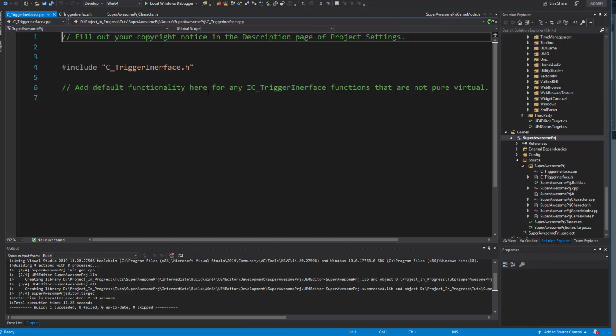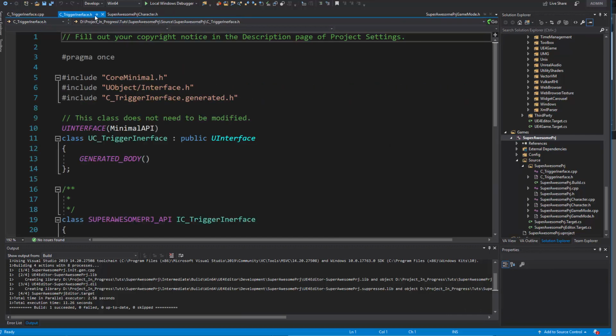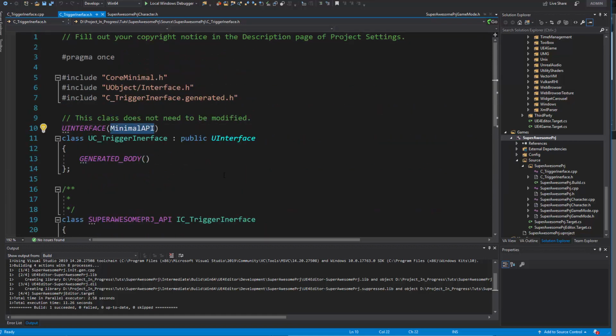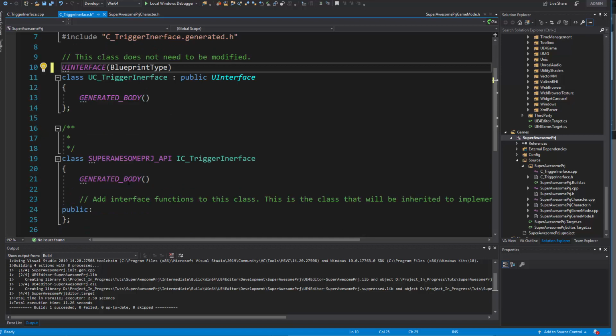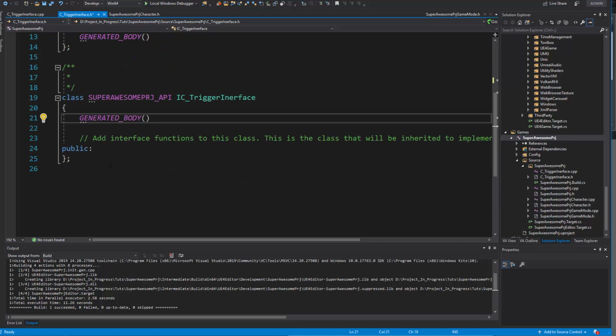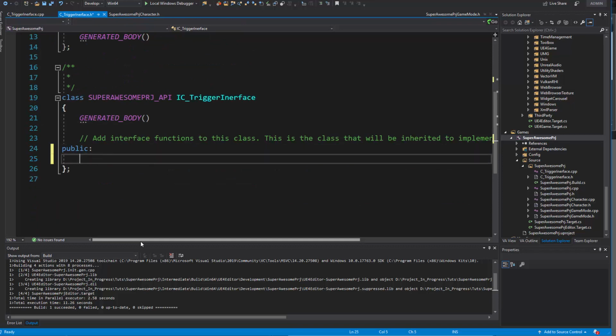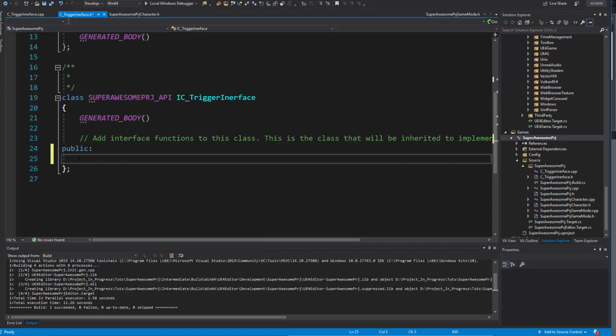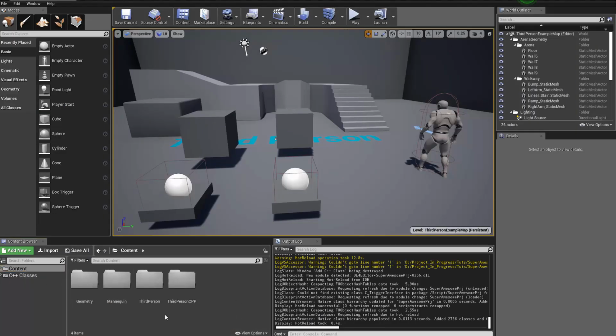Okay, so here we have the CPP file. Let's go to the header file of the interface. You can see it already has the necessary things. One thing I want to change is to make sure that it's able to be used in Blueprint. So I'm going to change that to Blueprint type, so that Blueprint is able to use it. And here is where, as the comment says, you create the functions. This is basically the equivalent of the list in the Blueprint interface,